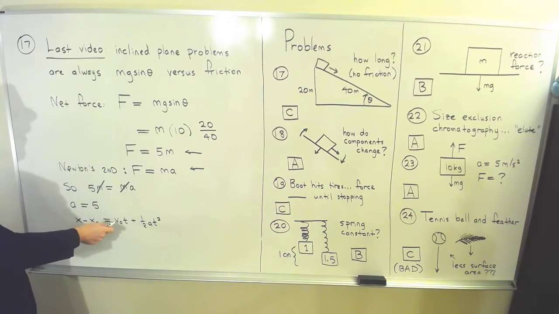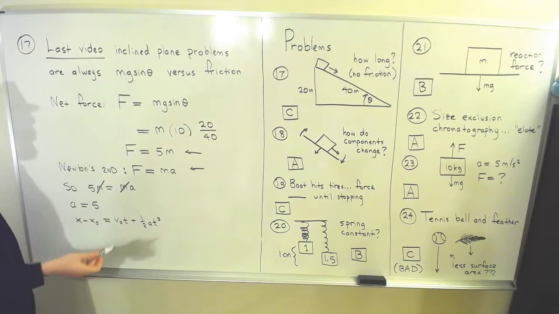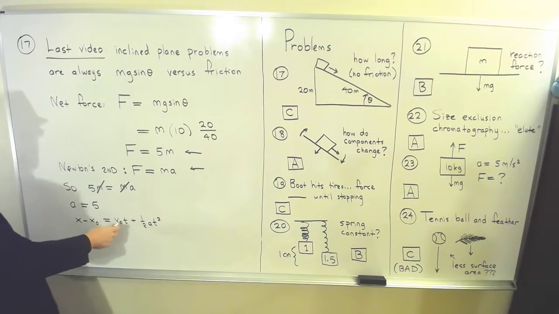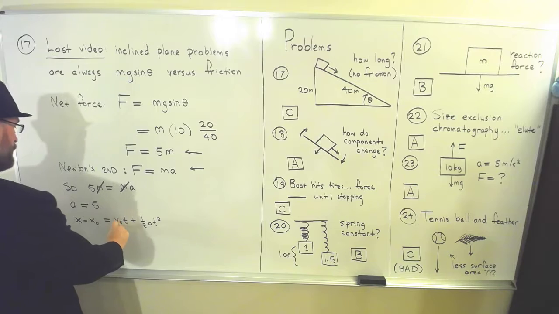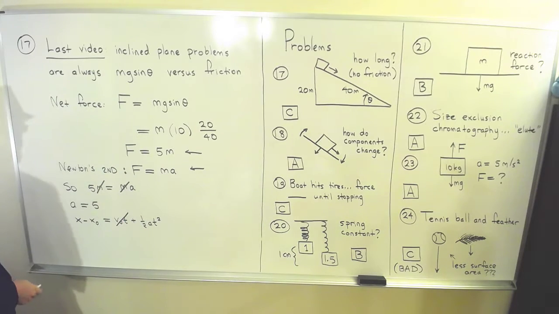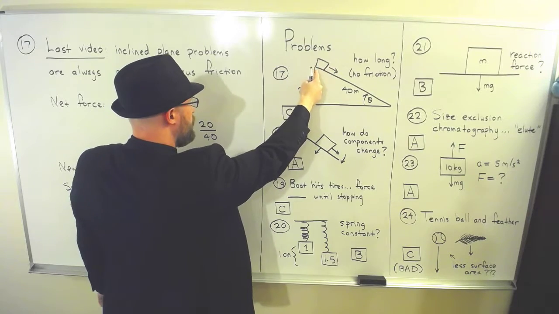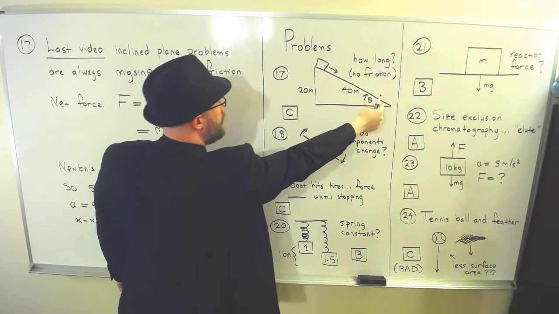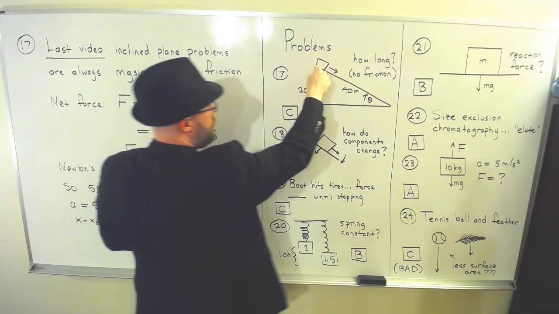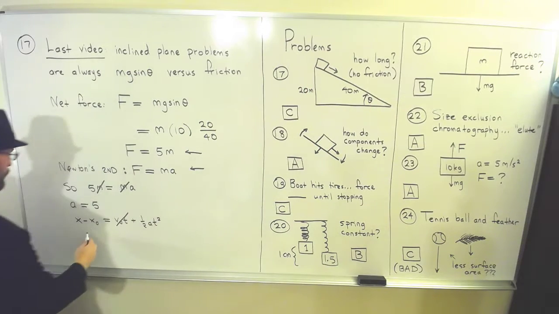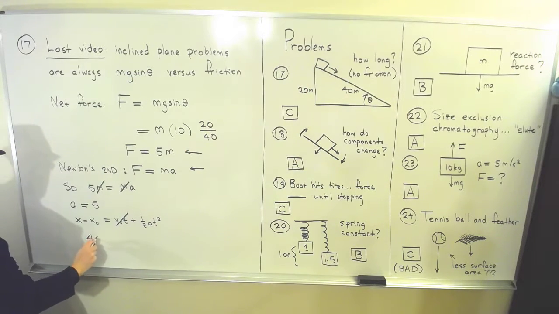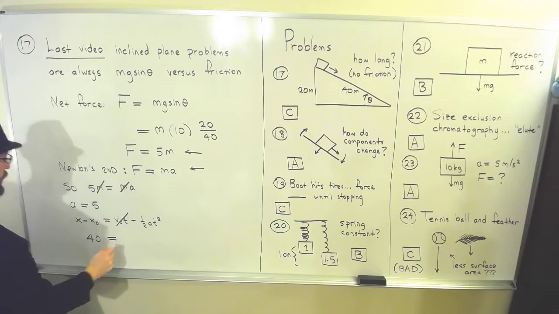I'm going to assume the initial velocity is 0. The problem doesn't really say so, but it kind of implies that. So this part would go away. I'm going to say that the starting point up here is 0, so that would be the x0. The final x is 40 because it goes a distance of 40 here. So this says 40 equals,